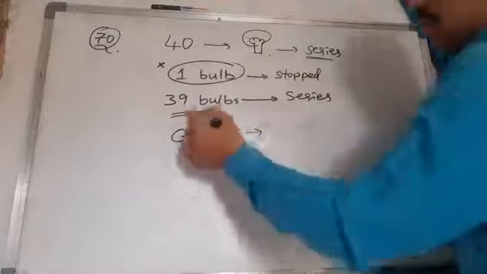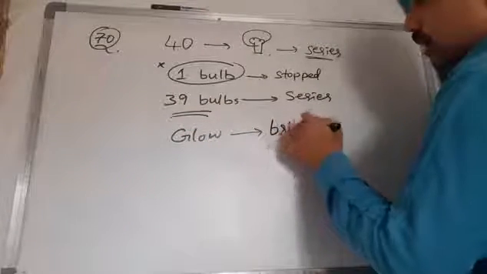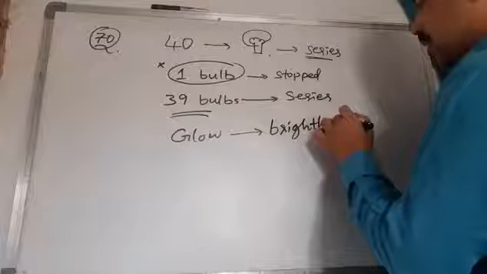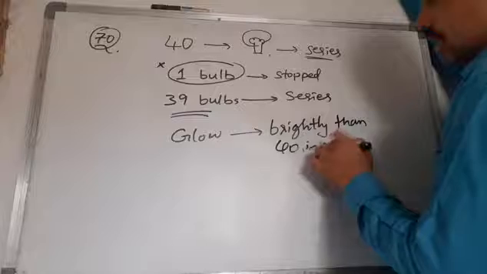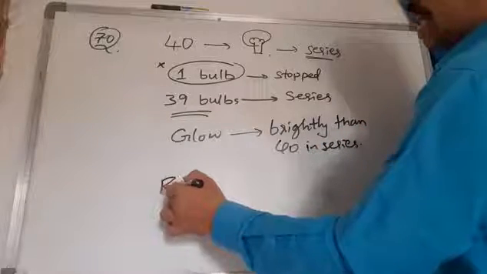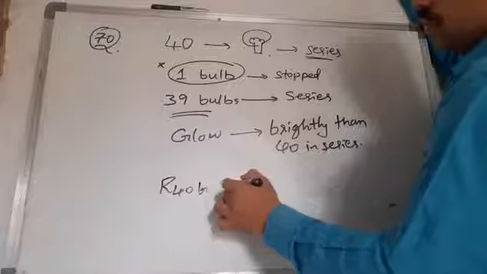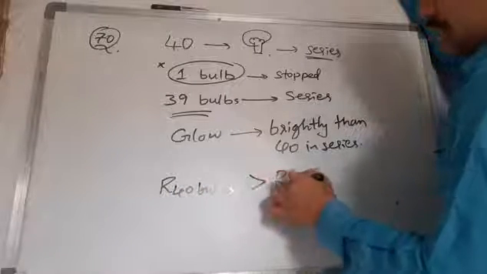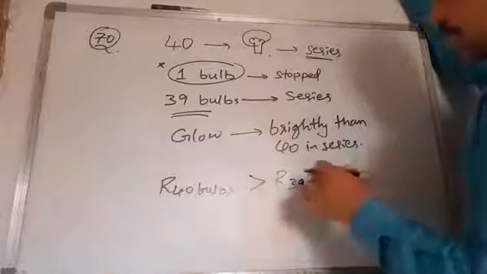So definitely they glow more brightly than the 40 in series. Why? Because the resistance of 40 bulbs is greater than the resistance of 39 bulbs. So when resistance decreases,